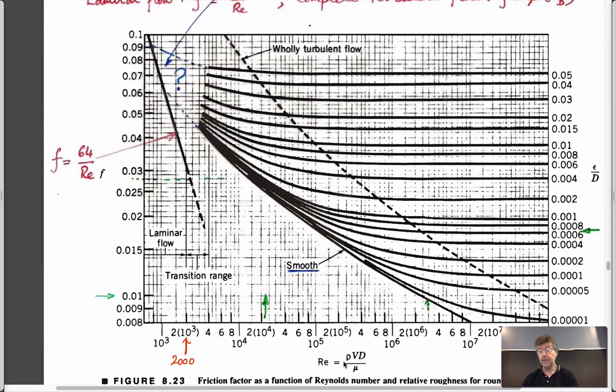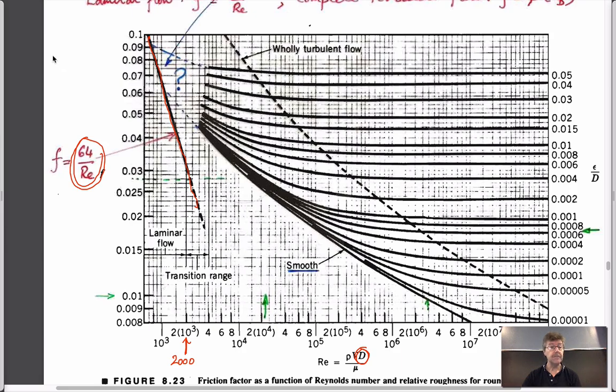So it has to be the appropriate density and viscosity for the fluid, and the average velocity, but we could do it relative to radius or we could do it relative to diameter. So these are relative to diameter. So at around a Reynolds number of 2000, the initial behavior for laminar flow, at least for a circular pipe, is this term here, which is just the friction factor is equal to 64 over Reynolds number. And so,